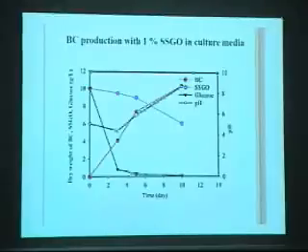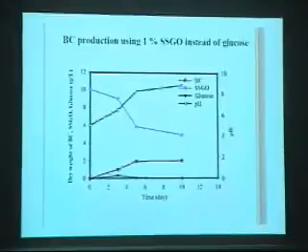However, with this interesting result that the decrease in the amount of SSGO occurred when it was supplemented, 1% SSGO was added to the media, we then planned to know why this SSGO was consumed. Is it utilized in the production of bacterial cellulose? So to prove this concept, we then did another set of experiments. In these experiments, we only used SSGO as a carbon source and didn't add any glucose. So we can see that still the SSGO was consumed in the reaction, and a certain amount of bacterial cellulose was